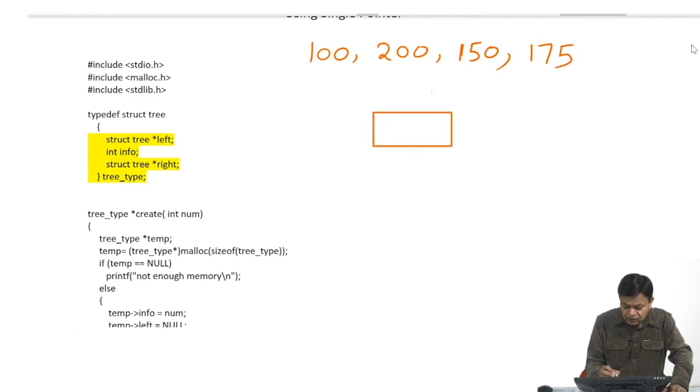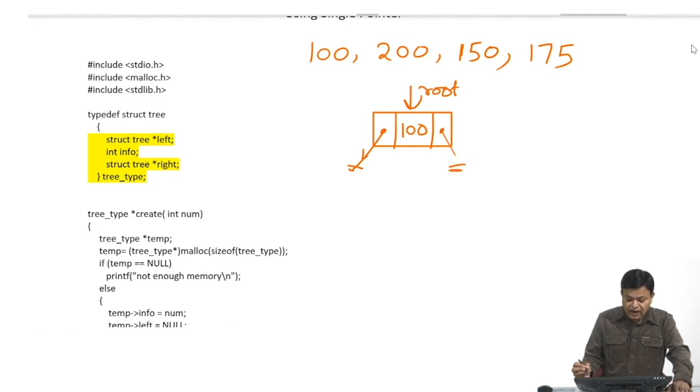So, I will create a node and place 100 there, and root will start pointing to it. Since this is the only node, the left and right fields are both pointing to null.